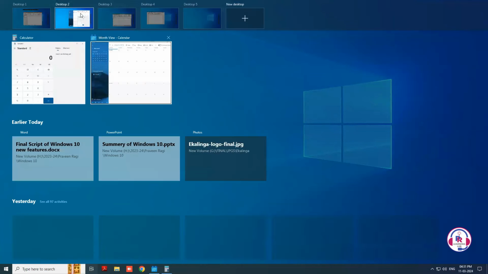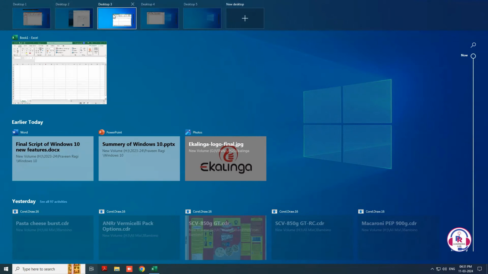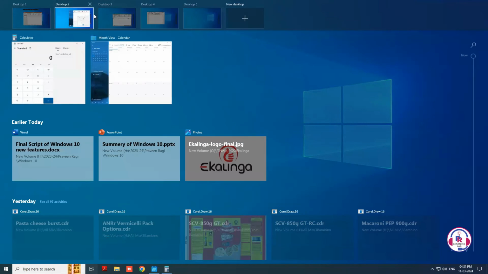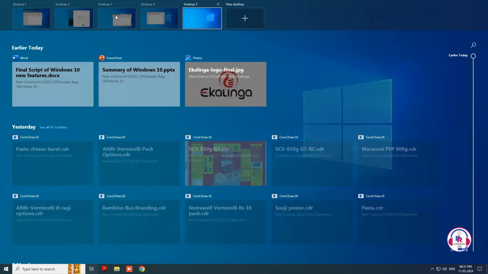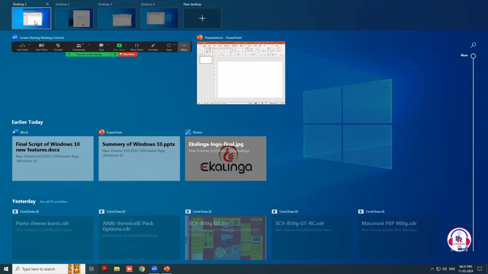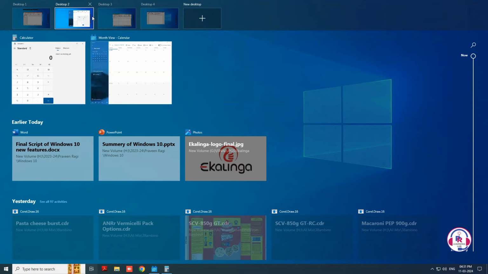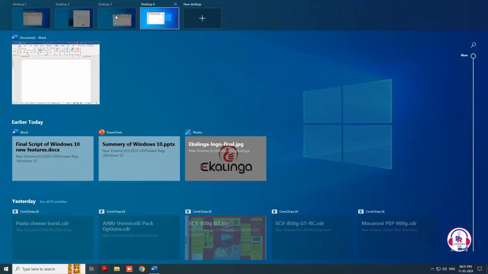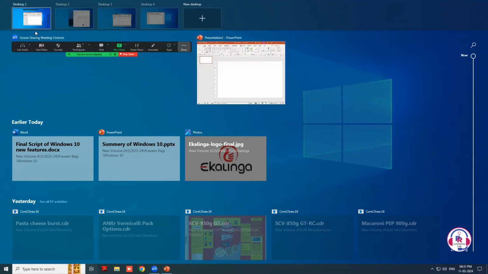Whether you prefer using the Windows key plus Tab shortcut or clicking on the Task View icon, you can easily switch between applications, close unwanted windows, and customize your workspace to suit your needs. By grabbing specific applications and moving them to designated desktops, you can create a more efficient and streamlined workspace.